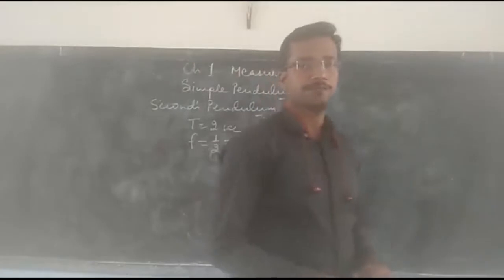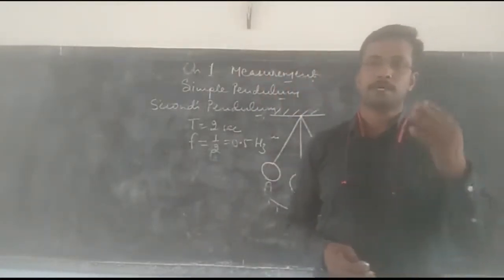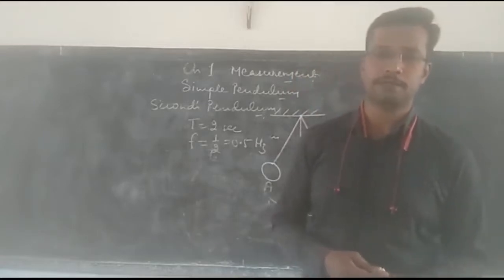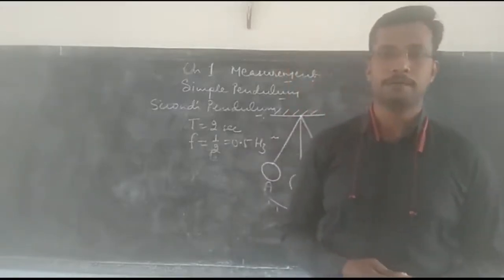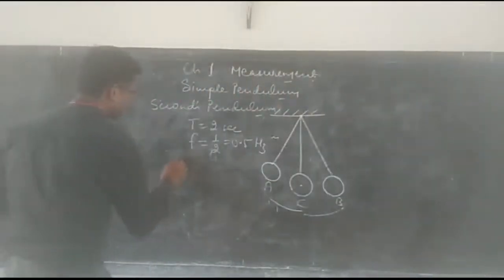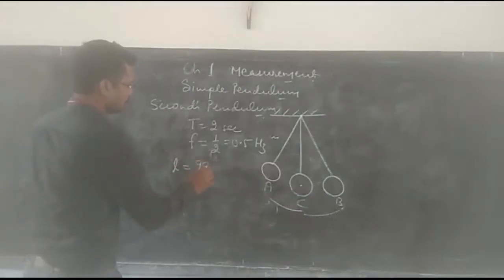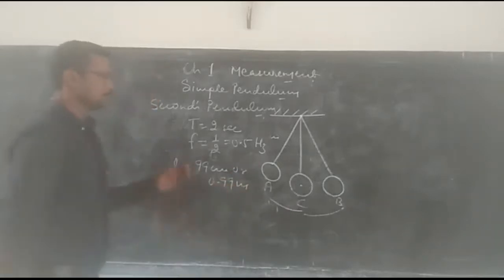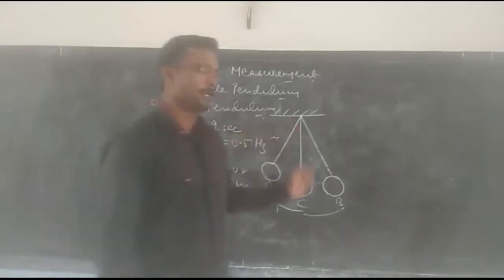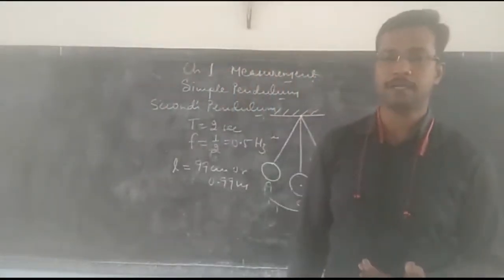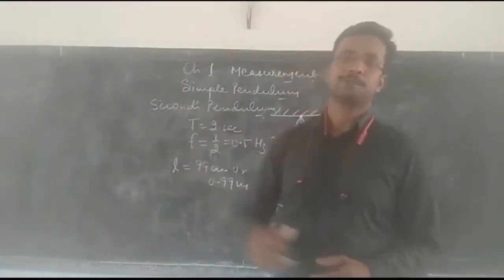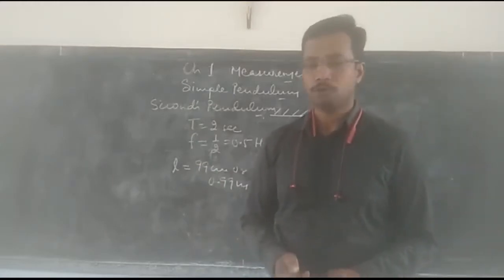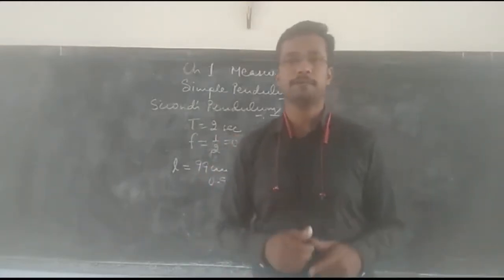Now, in order to have the time period of seconds pendulum equal to 2 seconds, the length of the pendulum should accordingly be set, and length of the pendulum should be taken close to 1 meter, that is its length should be equal to 99 centimeter or 0.99 meter, which is close to 1 meter. Only by taking the length close to 1 meter we can find that the time period becomes 2 seconds, and such pendulum is called seconds pendulum, whose frequency you can see is 0.5 hertz.